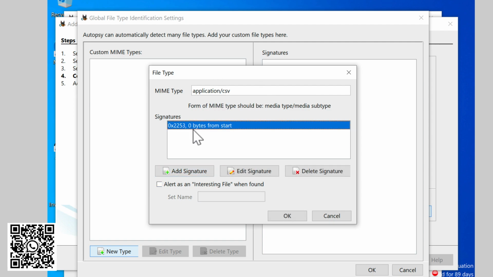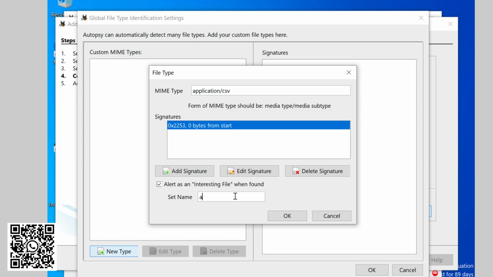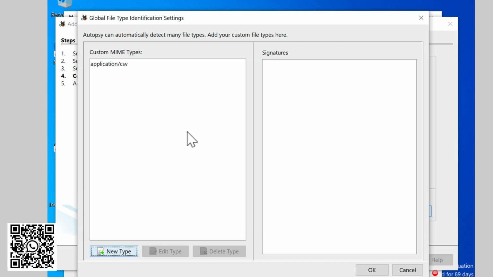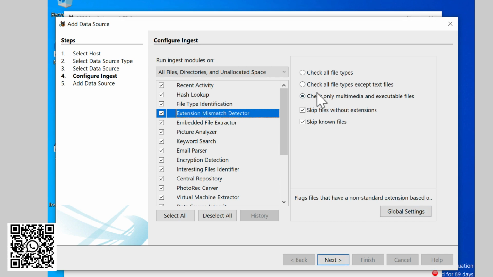You don't have to worry about them, but in general just understand it allows Autopsy to understand a different type of file. So for example, I can set an alert over here, and you can give a name to the alert. Let's say if you are searching for a file type that has been leaked from a company, it is a source code file, and then you can add it over here, and once the file is identified, you will be getting a separate alert that allows you to find that the file was found in so and so cases. Now this option is also really important.